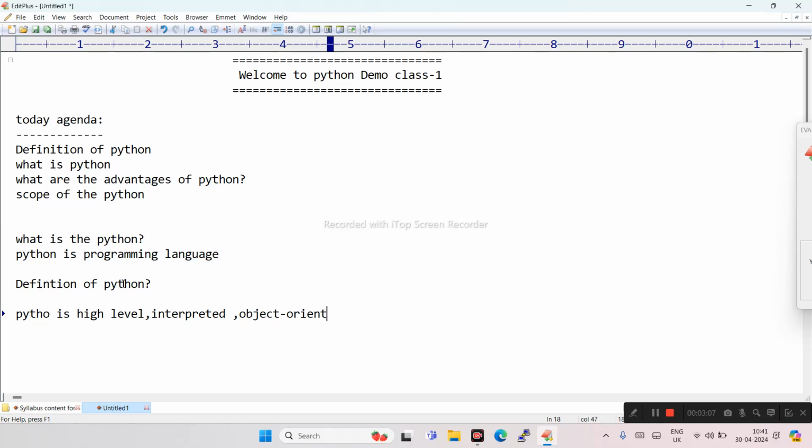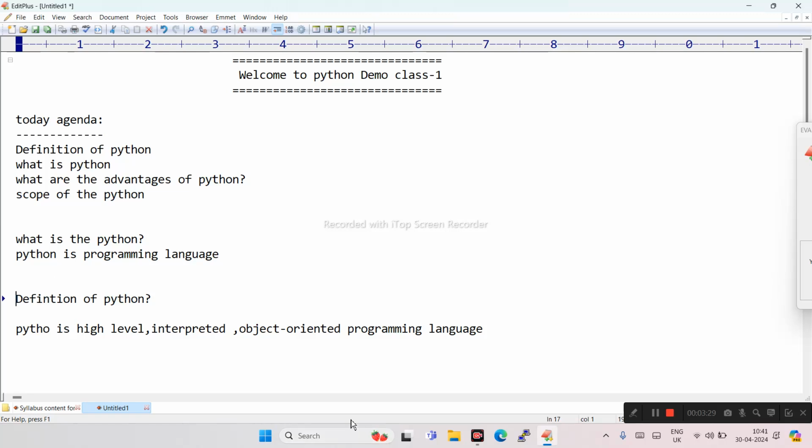What is object oriented, what is interpreted, and what is high level, we will discuss in the upcoming sessions. But before this, we are just covering basics in this session. So the definition of Python: Python is a high level interpreted object oriented programming language. Okay, sir, this is Python.